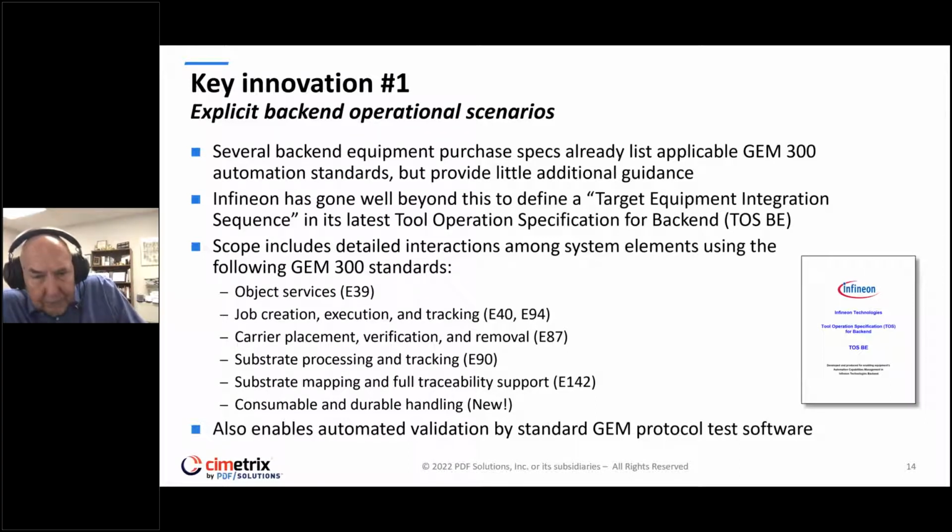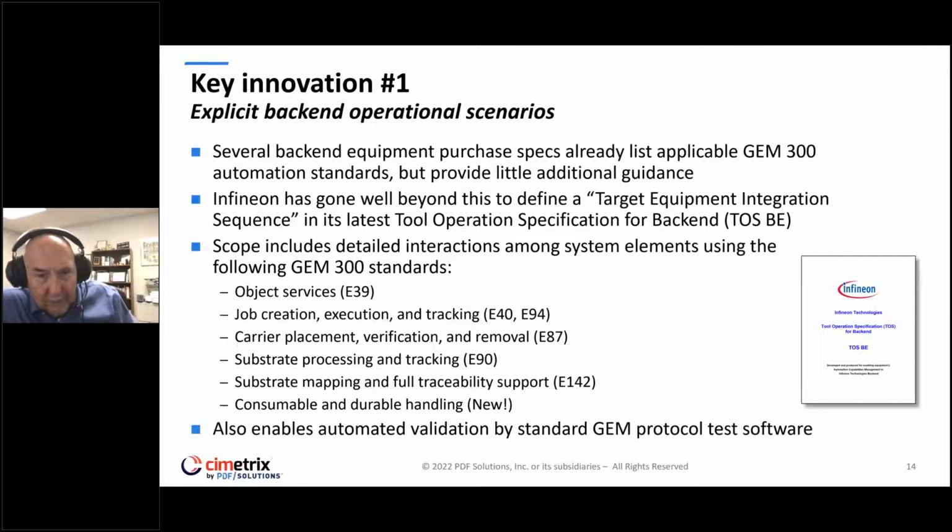And what they have done is adopted an idea that was put forth in the mid-90s when the 300 millimeter transition happened. And that's to actually define operational scenarios that govern the communications among the various system elements that are